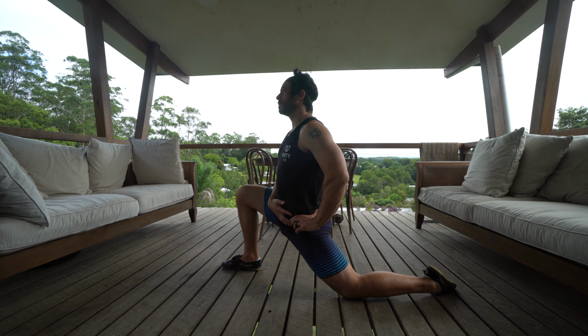I always start my squatting just with sitting down like this and just feeling the position. Part of the reason why people can't squat is because they don't do it. So just by sitting here, feeling the position for at least a few seconds every day is enough to prevent you from losing it. So I just sit here for a little bit, and now I'll move into my actual squat hip opener routine,